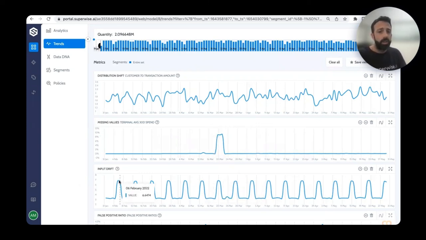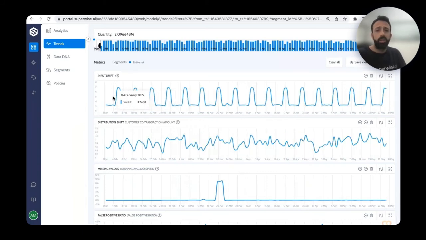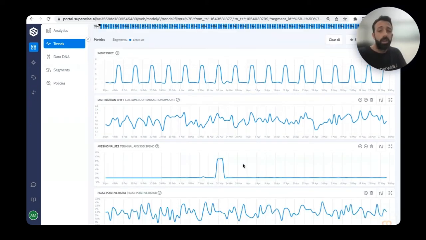I also see that here in the input drift, let's move it up, we see that there's a clear seasonality. And if we look at the dates, we also see that the peaks are weekends and the lows are weekdays. So there's a clear seasonality. I also see that here on the 23rd of March, there was some kind of a bump. Again, I don't know if it's a violation, if it's over the normality boundaries or not. I can again investigate, but